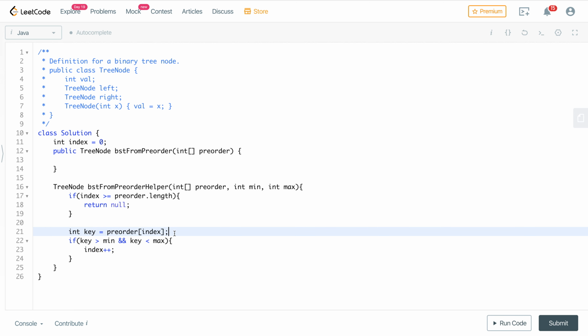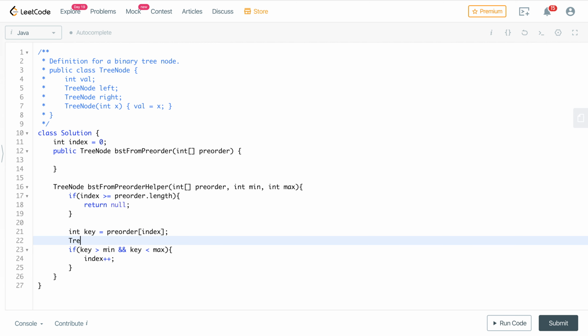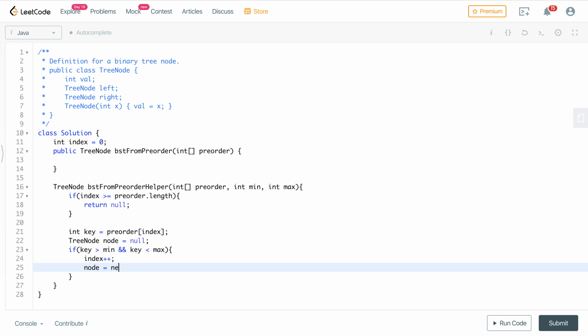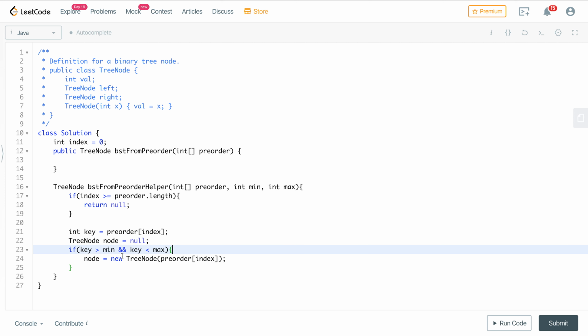Before this, over here you can maintain a tree node which is initially null. You will say node equals new tree node with the value pre-order of index. One mistake I did, we will increment the value of index after this, not before this.